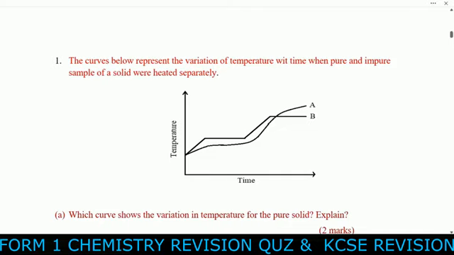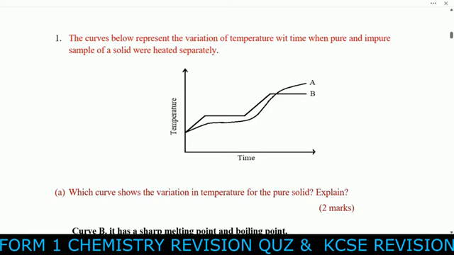You are told number 1, the curves below represent the variation of temperature with time when pure and impure samples of solid were heated separately. So you can see temperature, you can see time. We have curve A and curve B, and you can see how they are behaving when